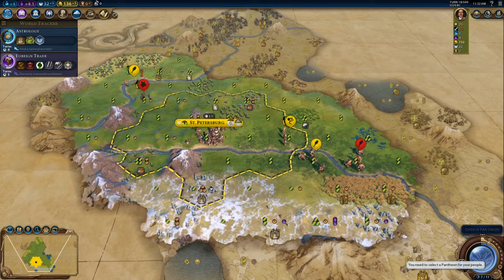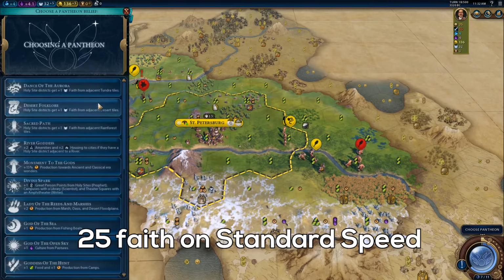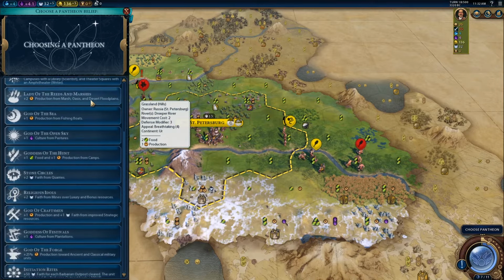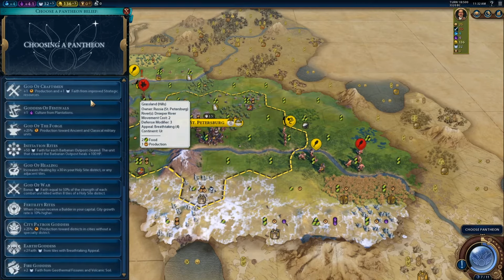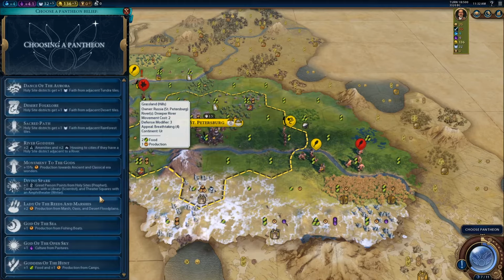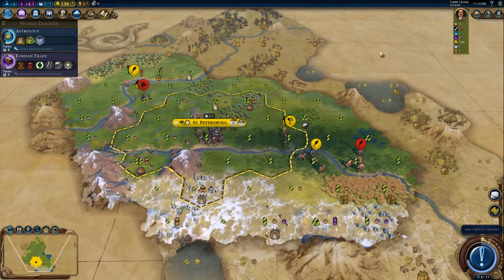The first step to a religion is a pantheon. You need 25 faith to be able to unlock a pantheon. Most pantheon beliefs are small bonuses, often based on terrain and improvements in your empire. When selecting a pantheon, you have a lot of options depending on what you want to use your religion for and what the land around you is like. Generally, I think a safe pick is a pantheon which provides you with additional faith, but don't be afraid to